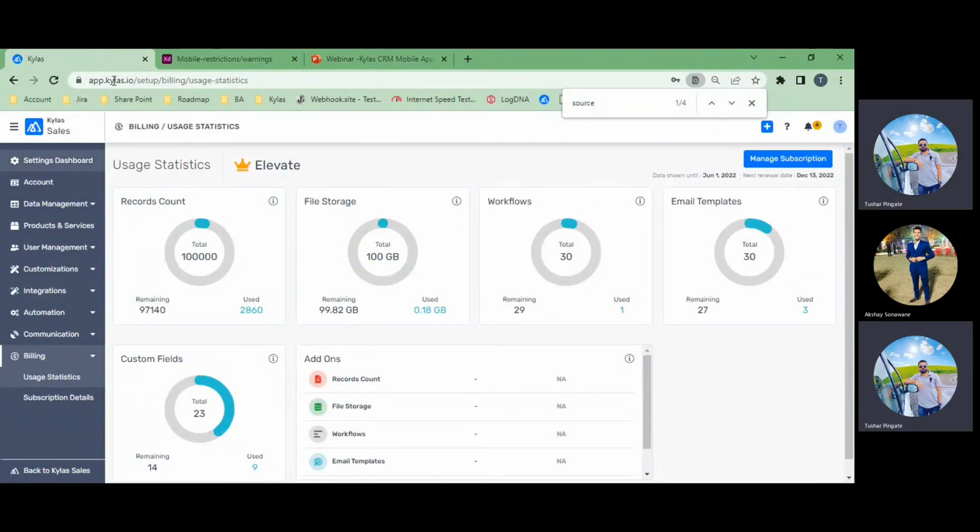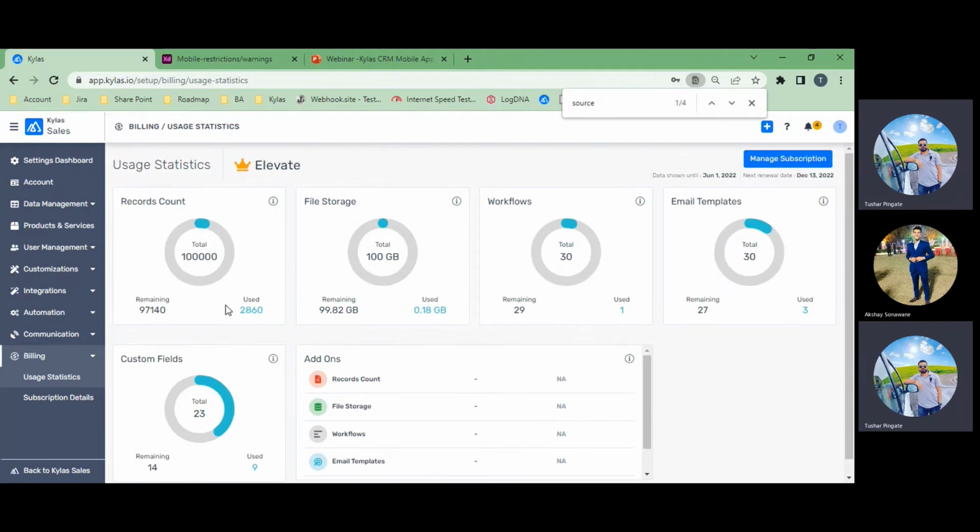So in the CRM settings, there is a section called billing, and there is a submodule, user statistics. In the user statistics, you can see the record counts that have been allotted to your account as per your plan. As I am on the Elevate plan, I have the 1 lakh record count